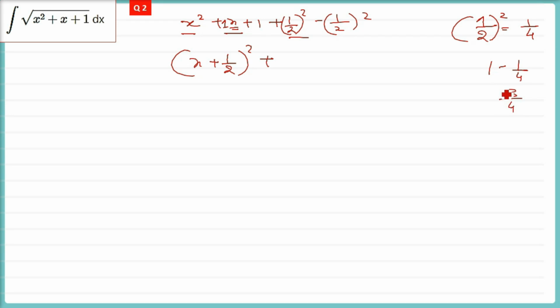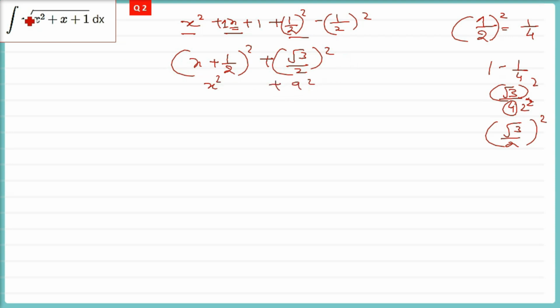Now in order to make it a perfect square, since we have an odd number that cannot be made a perfect square, make it root 3 whole square. 4 already has 2 square. So this becomes root 3 by 2 whole square. This root 3 by 2 whole square can be written like this here. Now the x square plus a square formula, which we can see here. So this is all under root. I just explained it to you without under root so that you can solve it and then take care of the under